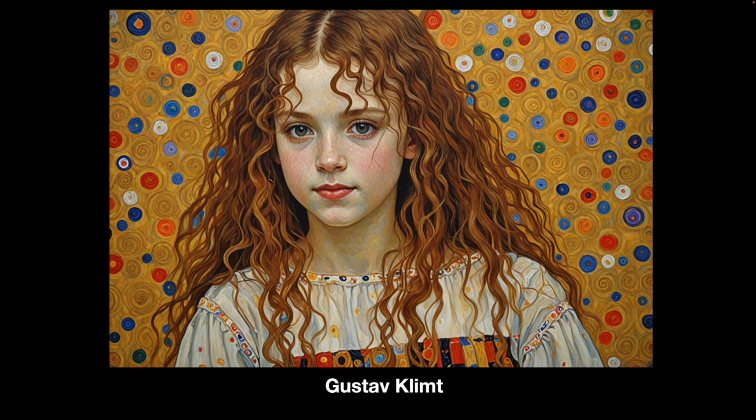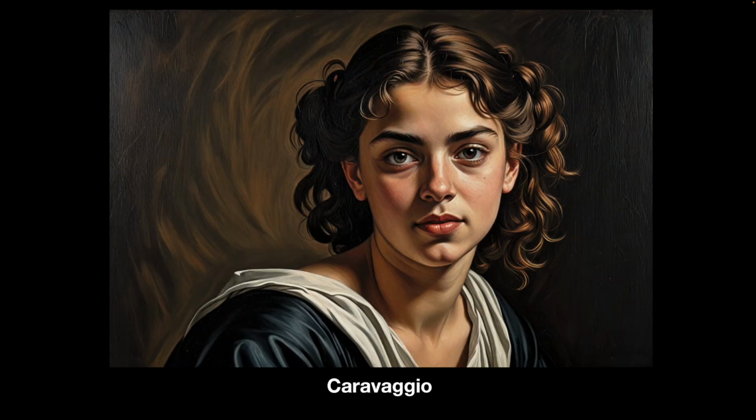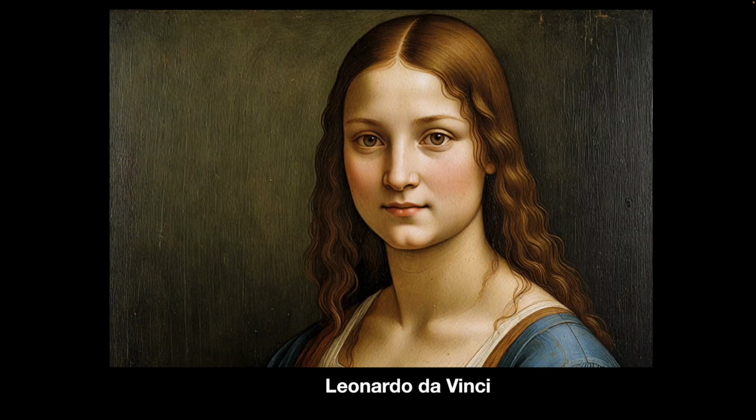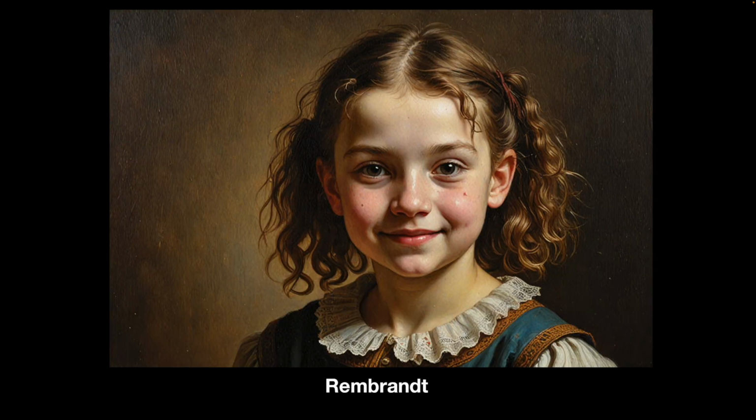So this was Gustav Klimt, which is fairly recognisable, I suppose. This is Albrecht Dürer, which is vaguely Renaissance, I suppose. It's quite a nice image, though. Caravaggio, which has a bit of a feel of Caravaggio, I suppose. Leonardo, it's not quite the Mona Lisa, but a good try. Michelangelo, this is not like Michelangelo at all. Has it ever seen a Michelangelo? Presumably. Anyway, Rembrandt, again, there's a sort of hint of Rembrandt lighting, but it's a photograph, isn't it, with a